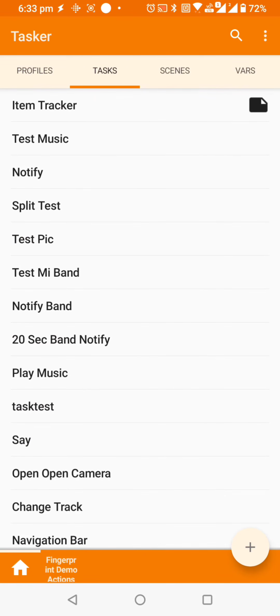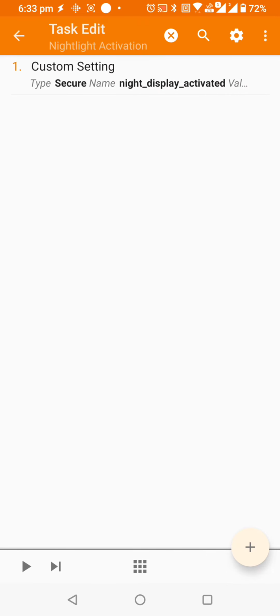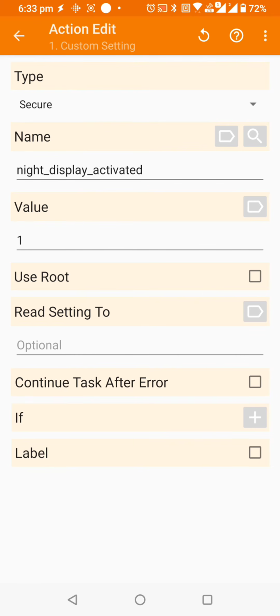From the task we need to write some code in it. For night light activation, I have used Custom Settings, and inside that I have chosen Secure, and inside Secure I need to use one name, which you need to use as it is, so that it will get activated.